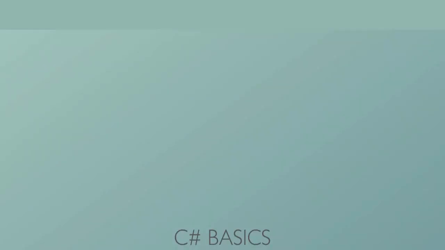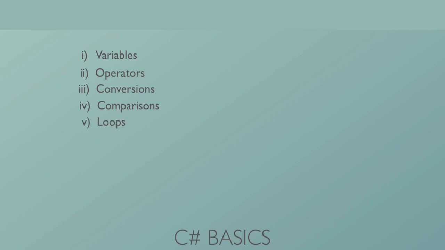Congratulations, you have finished this section on C# basics. You now have all the tools you need to program basic C# programs and to understand more complicated concepts. You've learnt all about variables, operators, conversions, comparisons between variables, and loops that allow you to run code over and over again until a certain condition is met. You've also learned about arrays, which are lists of data, methods that prescribe certain ways of dealing with data or manipulating variables,